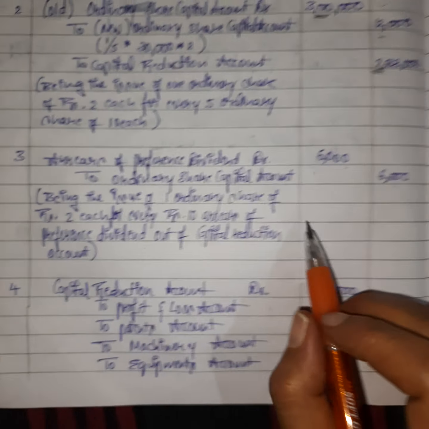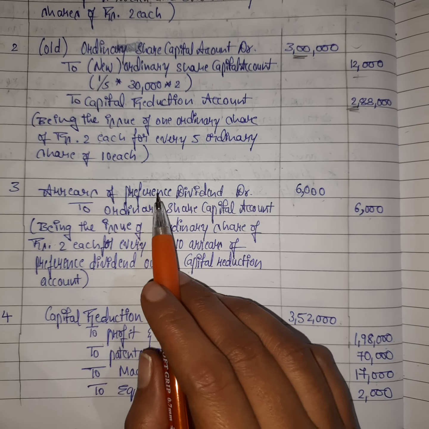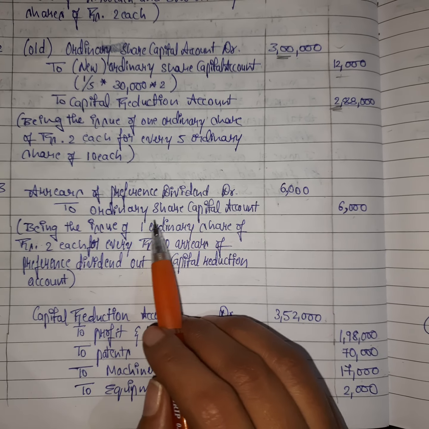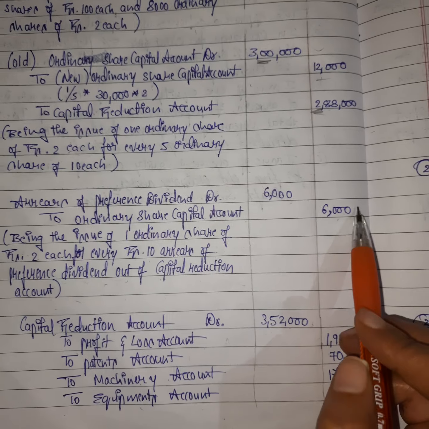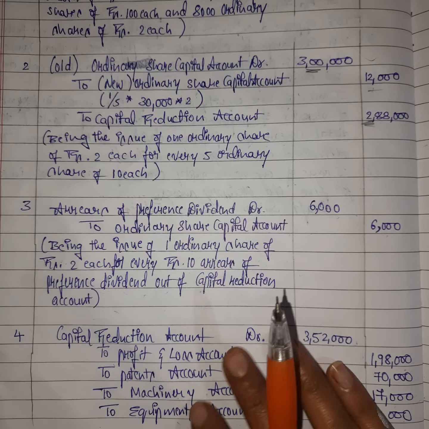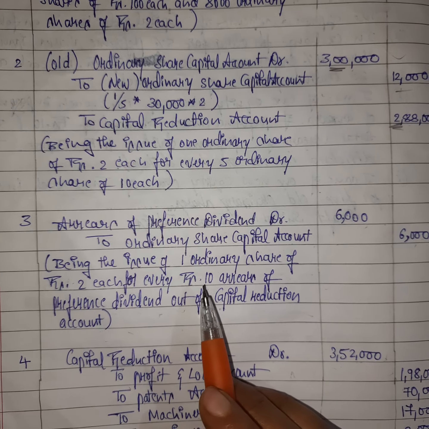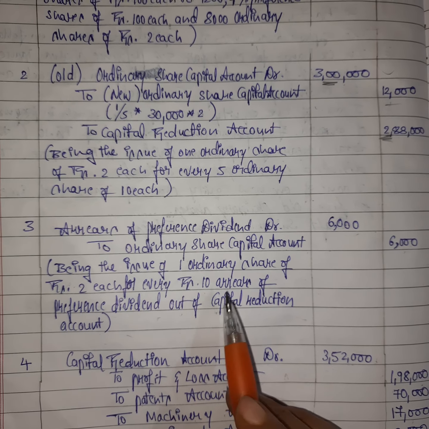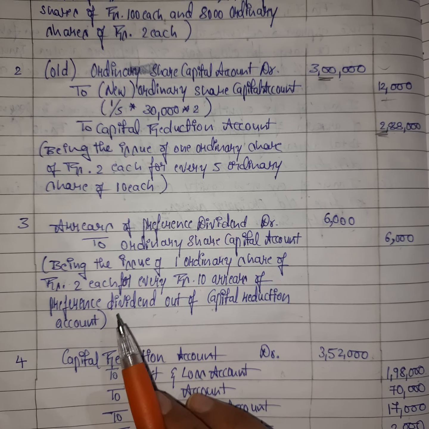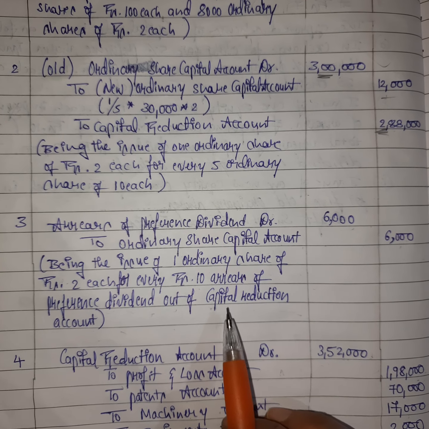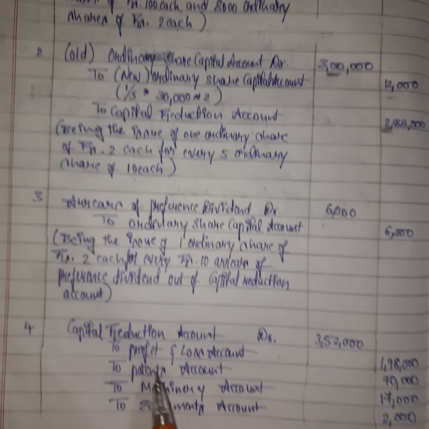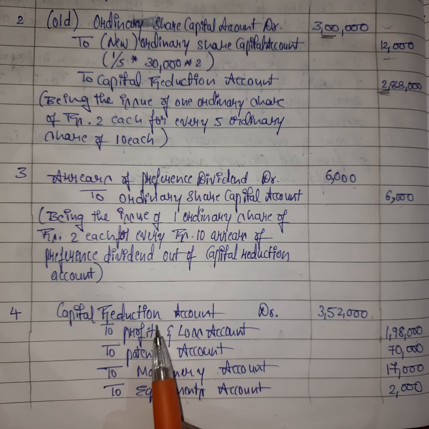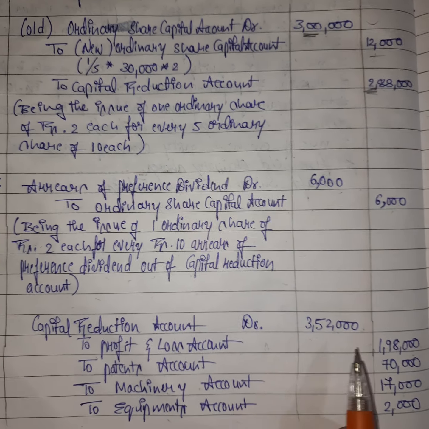Same amount you are mentioning here in the debit side. Arrears of preference dividend 6,000 in debit side. To ordinary share capital account 6,000 you are mentioning in the credit side. Being the issue of 1 ordinary share of rupees 2 each for every rupees 10 arrears of preference dividend out of capital reduction account. Coming to next entry, capital reduction account debit amount is